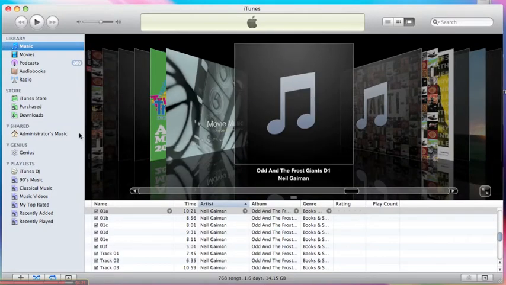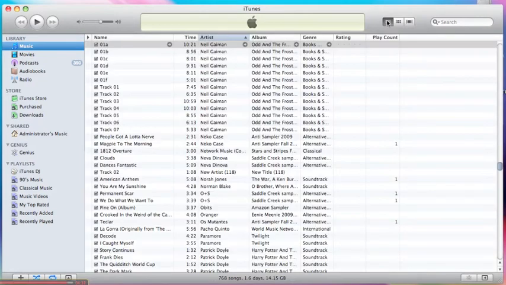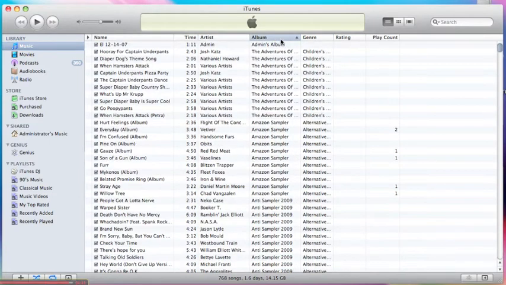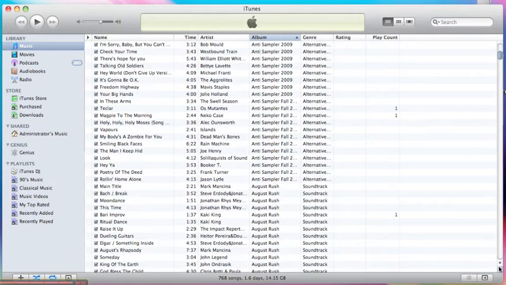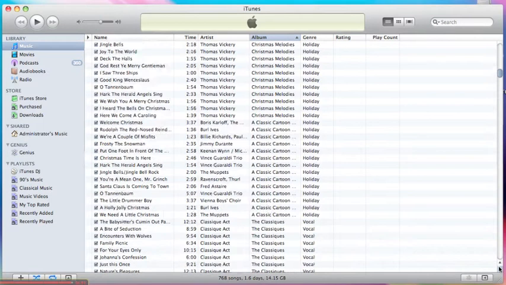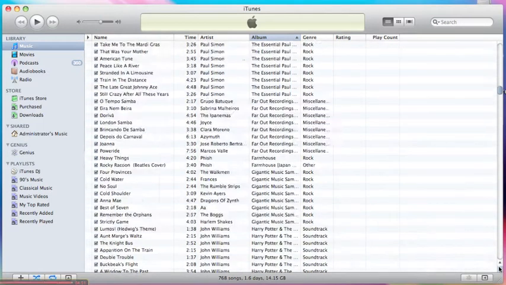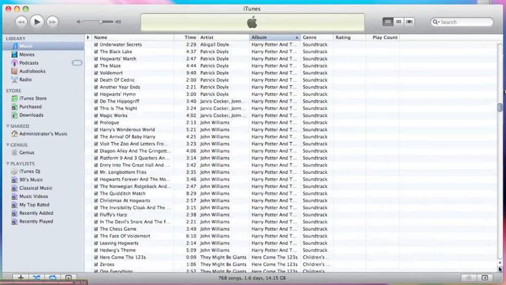And I go back to, what view is this? It switched. Why did it change? Well, it changed because that was the last view I was on. There's the album view. Again, I'm not going by artist, but by album is how you want to find this, because James and the Giant Peach was the one disc or one album. And as I slide down here, I'm going to look for J for James and the Giant Peach, past all the Christmas music and the Harry Potters and the this